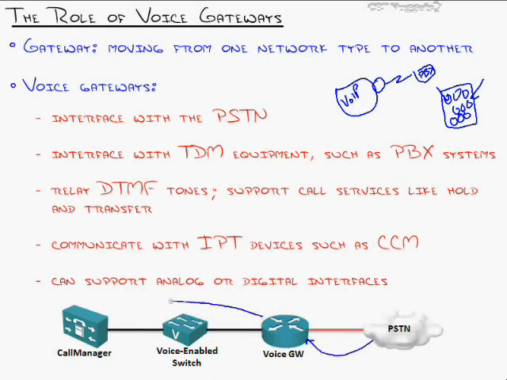The voice gateway translates those calls and sends them over to the call manager, who then figures out where to direct them. Now we also have to be able to support analog or digital interfaces, and you might even add an "and" in here as well, because a voice gateway can support both. Analog being your connections to a PSTN or an analog phone, for instance, on an FXS port. Those interfaces allow one call per port. Analog, one call per port. Digital, that's where we get into our T1/E1 connections. Those are where you get multiple calls per port, and those tie into typically PSTN and PBX devices.